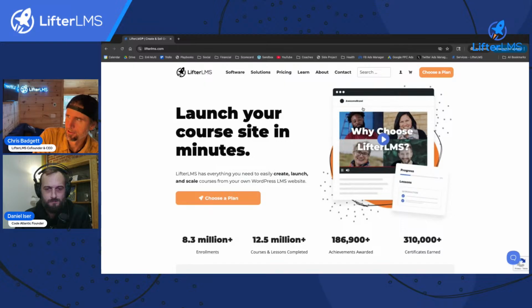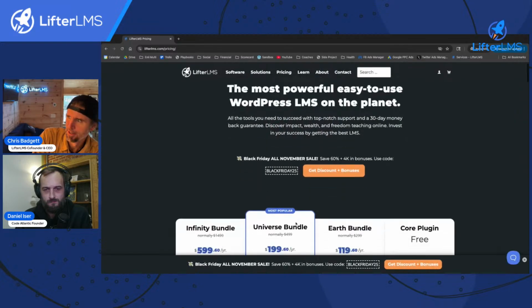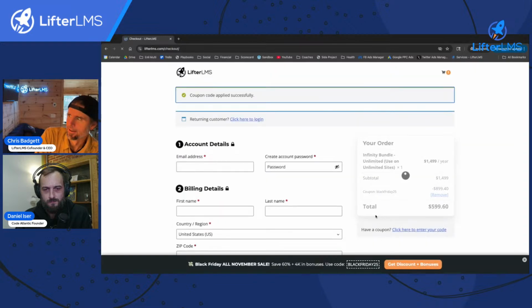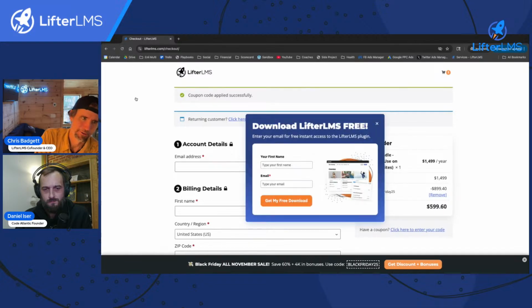I wanted to show another one. So if we do our cart abandonment, I'm on the Lifter LMS pricing page, and I'm going to buy the Infinity Bundle. And I'm going to start abandoning my cart. I'm heading up to the top corner and up. They were going to leave anyways, so why not get started with our free version of our software? So that's one strategy. And what Daniel's showing is